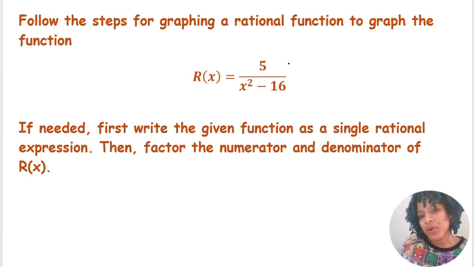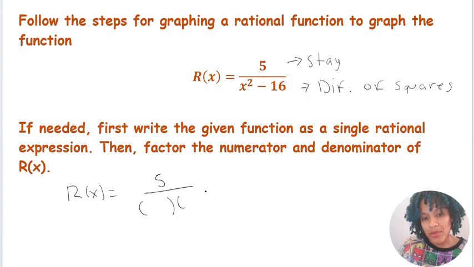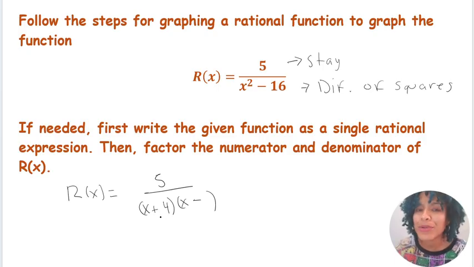So if you look at the numerator, there's nothing to do. So that's going to stay. Cannot factor that anymore. It's just 5 times 1. But in the denominator, this is the difference of perfect squares. So if I factor them, I now have R of x equals 5 over parentheses, parentheses, square root of x squared, x and x, plus and minus, and then square root of 16,